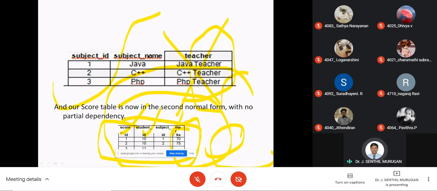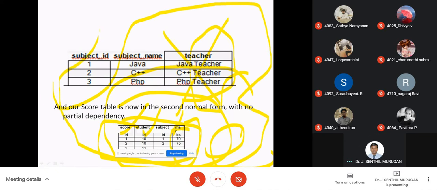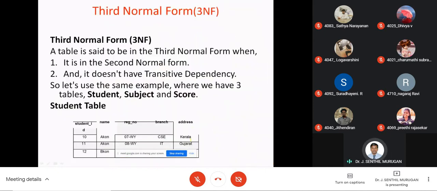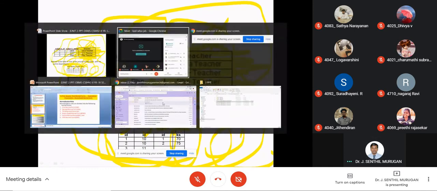Now this second normal form is clearly the form with no partial dependency. The full structure of the second normal form has been seen. So we are removing this teacher column, and here comes the full second normal form table.